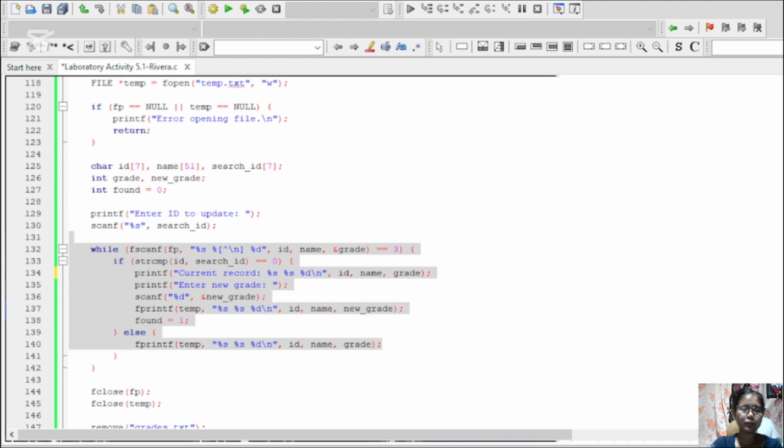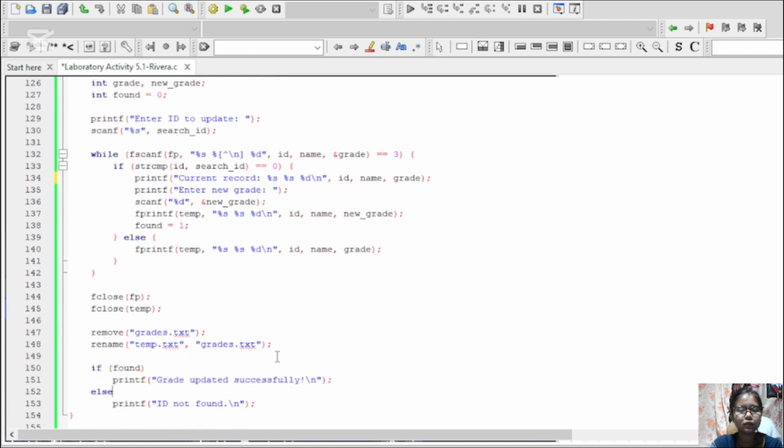I write the updated record to temp text, and if it's not the right student, I just copy the original line. After going through the entire file, I close both files to finish writing.